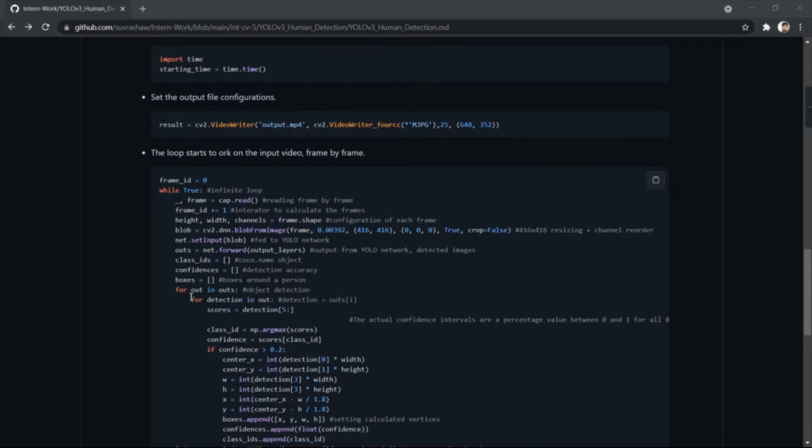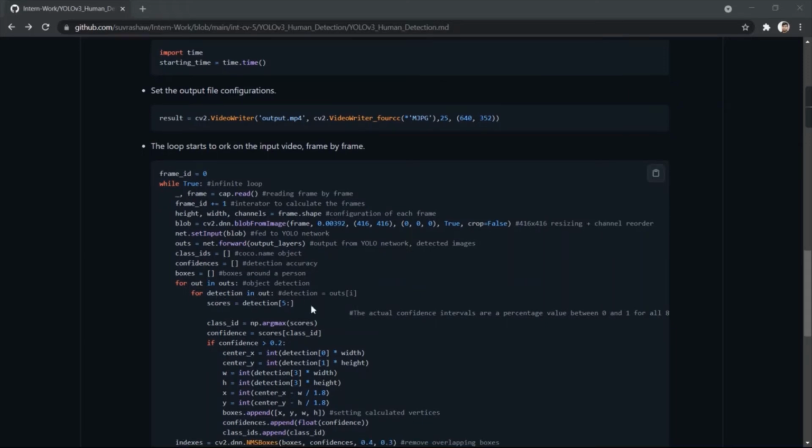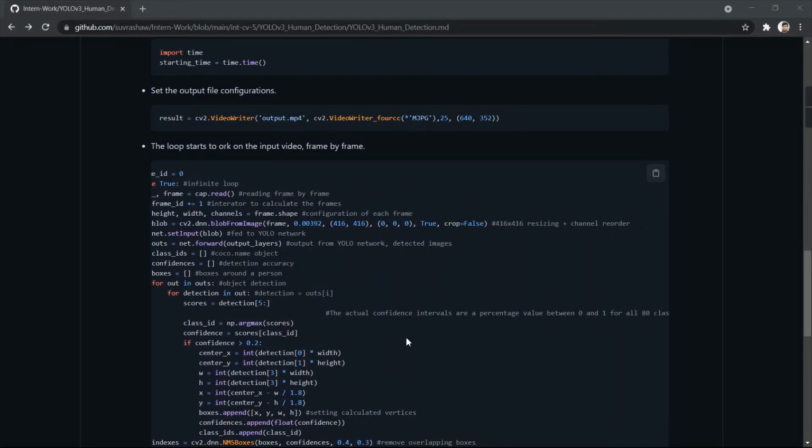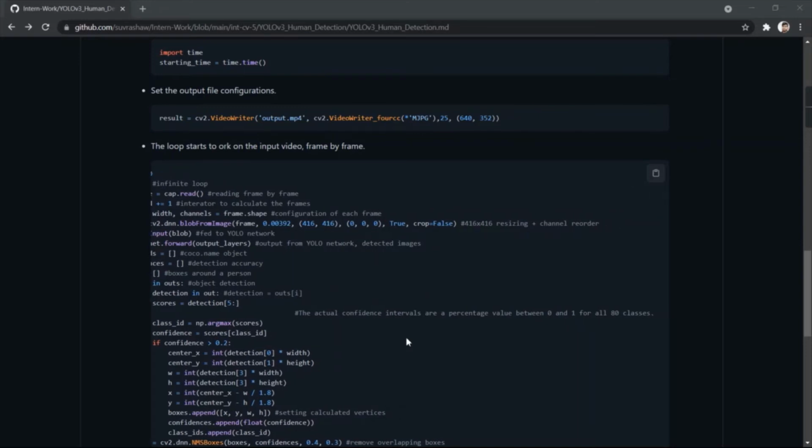We have used a for loop here and a nested loop, also a for loop. For that, detection equals outs inside array i. Okay. Now the actual confidence values are a percentage value between 0 and 1 for all 80 classes.